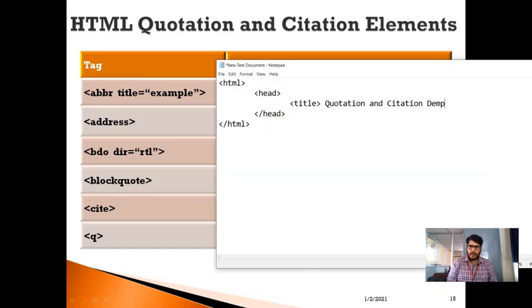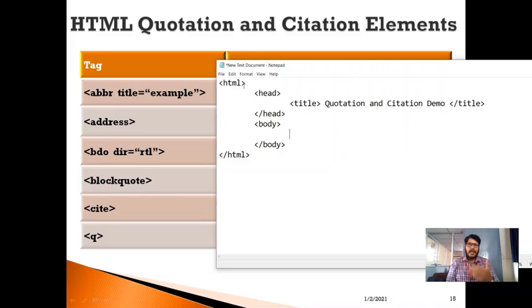So this will be the title for my document, and now I'm going to close this title. After closing the head tag, below this I'm going to write the body section of the document. For that we need to include a body tag. Similarly, we need to close this body tag. So these are the mandatory tags we need to write while writing HTML source code.